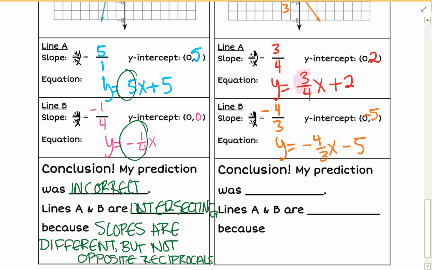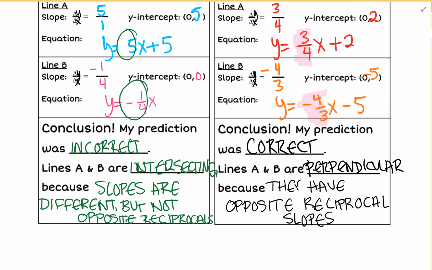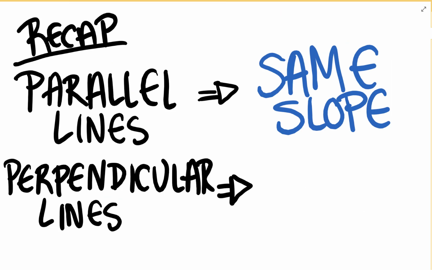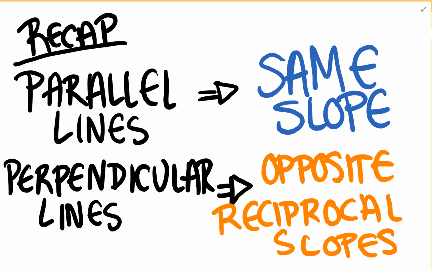Are these opposite reciprocal slopes? 3 over 4, is that the opposite reciprocal of negative 4 over 3? Yes, it is. They changed the sign from positive to negative and flipped the fraction. So our prediction was correct. The lines are perpendicular because they have opposite reciprocal slopes. To review, parallel lines have the same slope, and perpendicular lines have opposite reciprocal